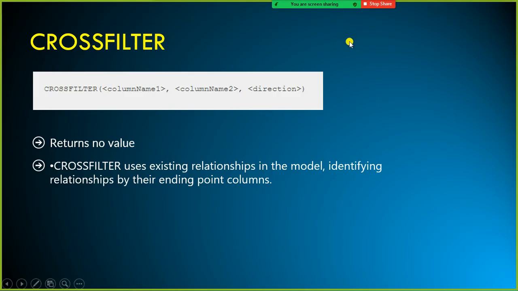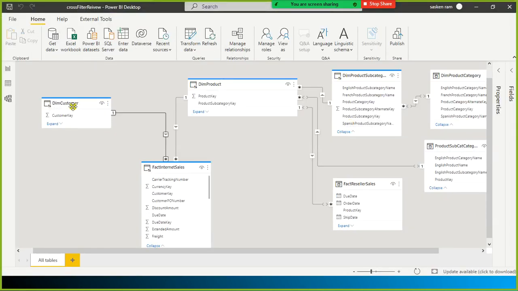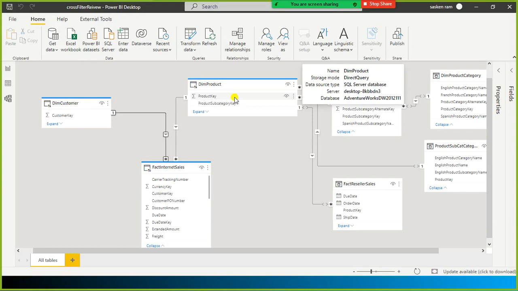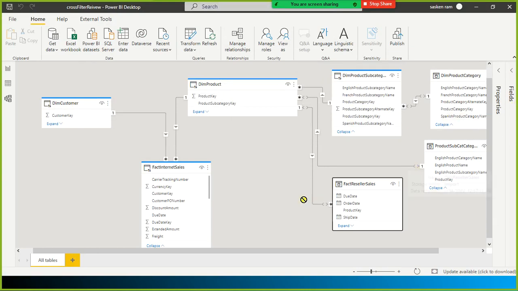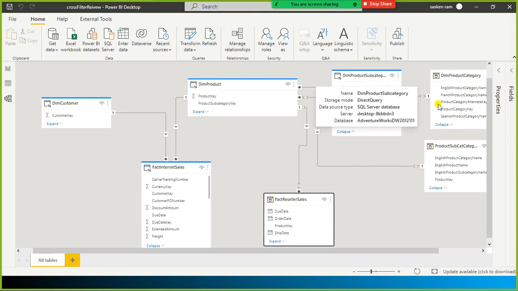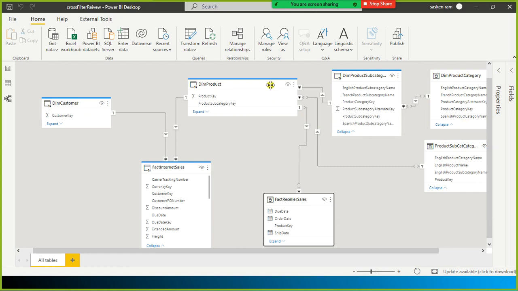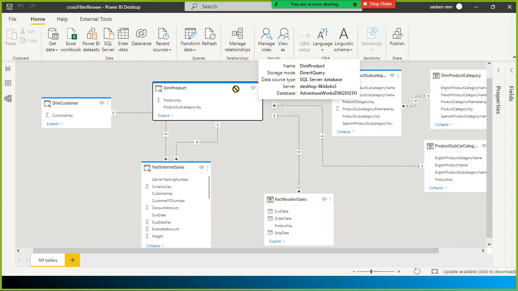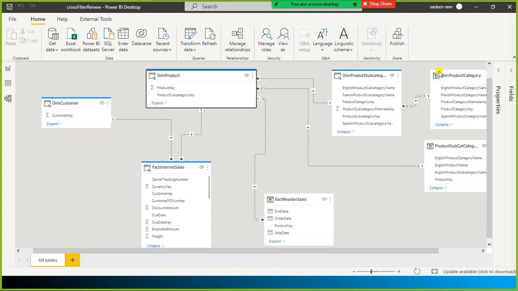Okay, in today's session, we will take a look at the importance of the direction of the filter that we specify while defining a relationship in Power BI. And look here, this is my dimension table, this is my fact table. You can see multiple dimension tables, and in this case we have two fact tables. But when you see here, these three dimension tables were not linked directly to the fact table. Instead, these three dimension tables are linked with this product dimension table.